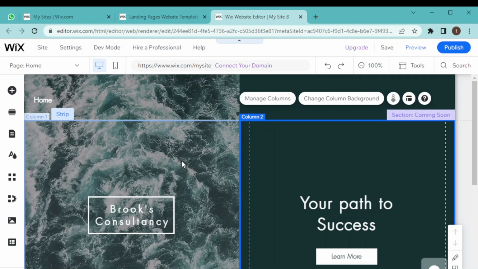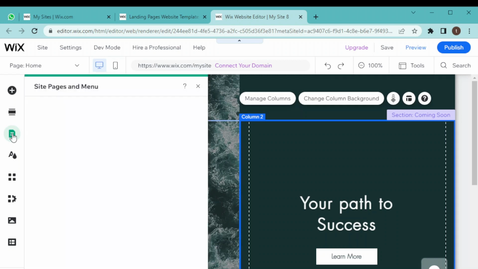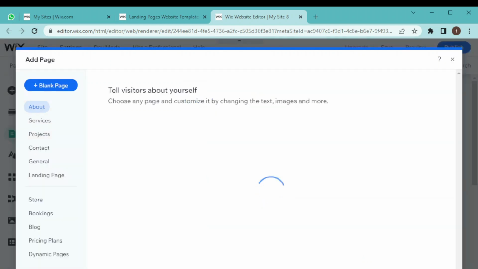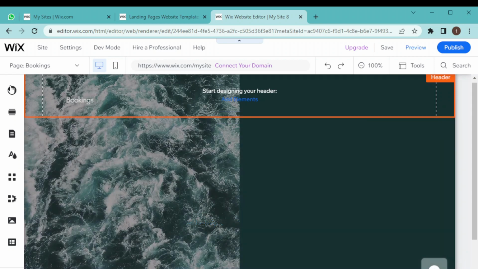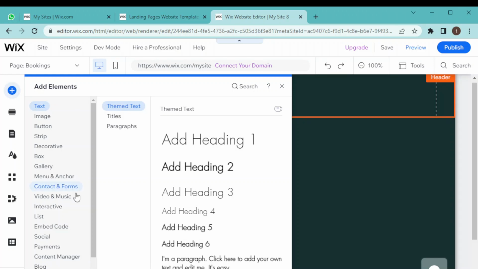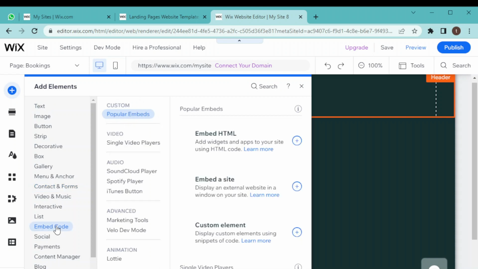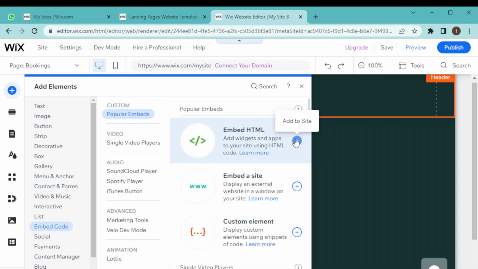Now let's move to the most important part, which is click on the pages and menu section over here, and then from here add a page. Now select blank page. Now I'm going to embed my code on this page, so click on add elements and down over here embed code and embed HTML, and click on this plus icon over here,